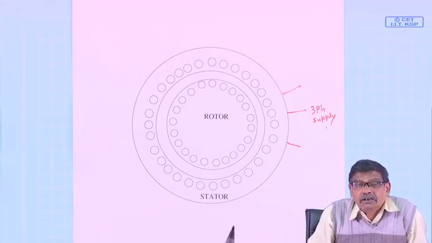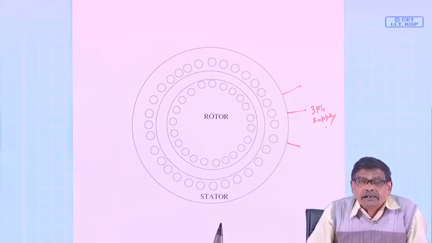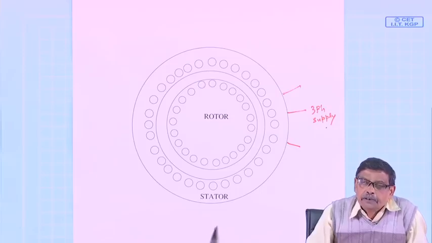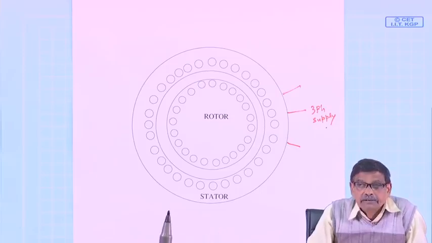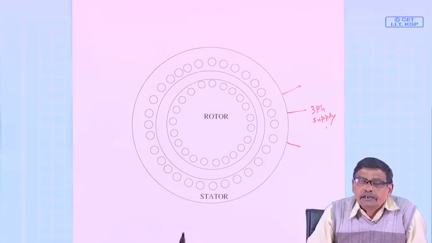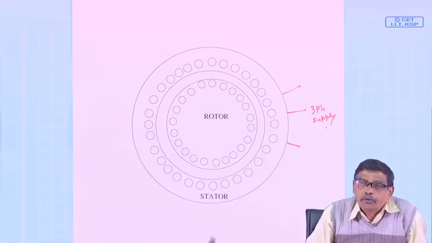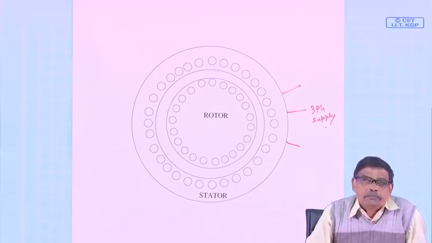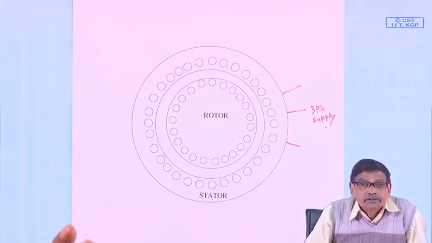If you are sitting on the rotor, you will tell the stator field is moving with a speed ns minus nr, the rotor field is also moving with a speed ns minus nr. If you are standing outside, a stationary observer, you will conclude the stator field is moving with a speed ns, the rotor field is also moving with speed ns. Therefore, the angle between them is constant,